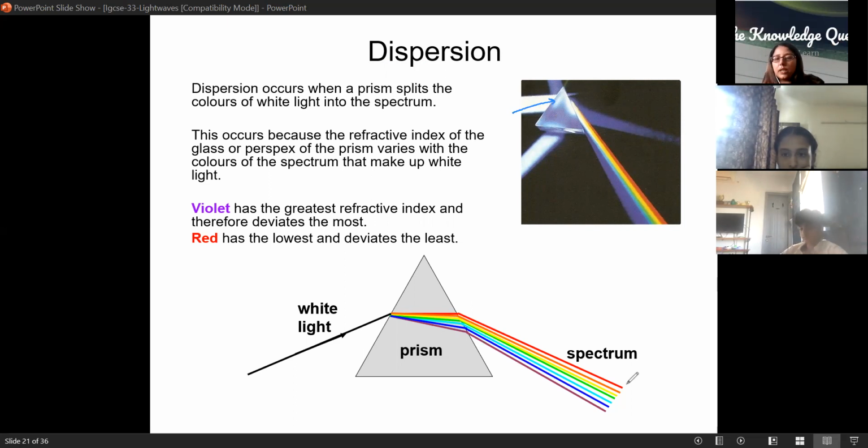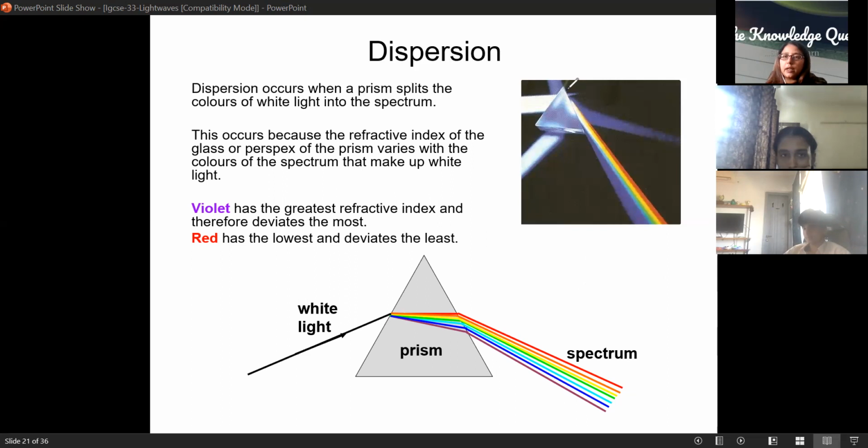So that's why what you see here is light splitting into different lights. And what are the 7 lights? These are the rainbow colors. So what is it? VIBGYOR: violet, indigo, blue, green, yellow, orange, red. Violet is the lowest one here. Violet is always at the end, and red is always at the top. Violet is slowest, with the highest frequency and least wavelength.